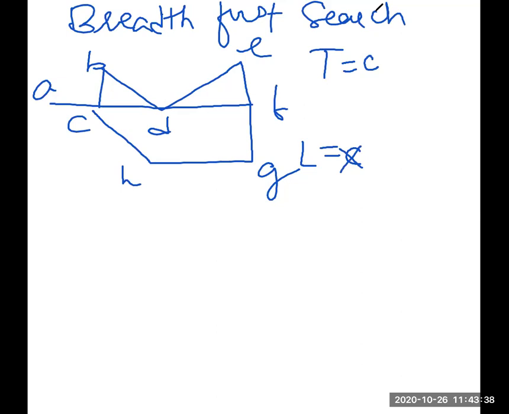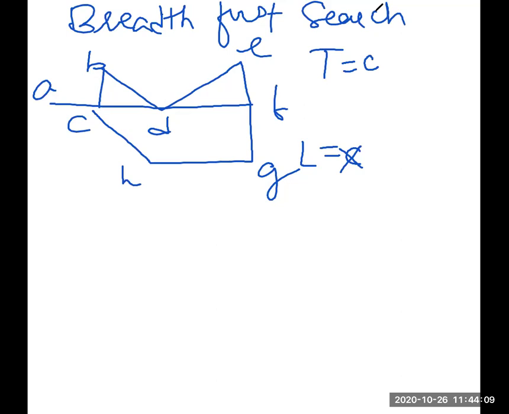And for each adjacent vertex of C, this list is like a queue. So for each adjacent vertex of C, what you do, if the adjacent vertex W is not in the list and also not in T, then add this adjacent vertex to the end of the list.